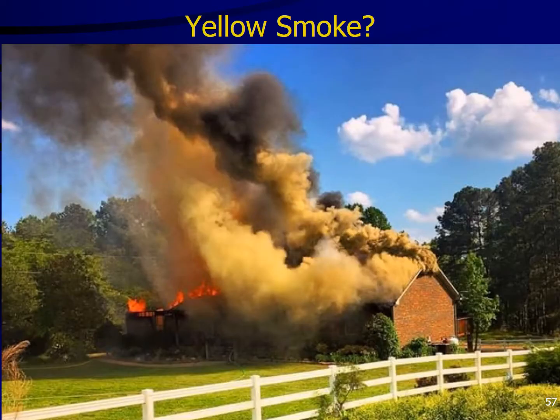Here's your curveball, yellow smoke. This is one of the best pictures I've ever found of this hostile fire event. What do you think is the potential scenario for this structure fire? The yellow smoke that we're looking at right here is one of the strongest indicators of a potential backdraft. Now, to truly understand how yellow smoke's an indicator of a backdraft, we have to understand where that yellow smoke